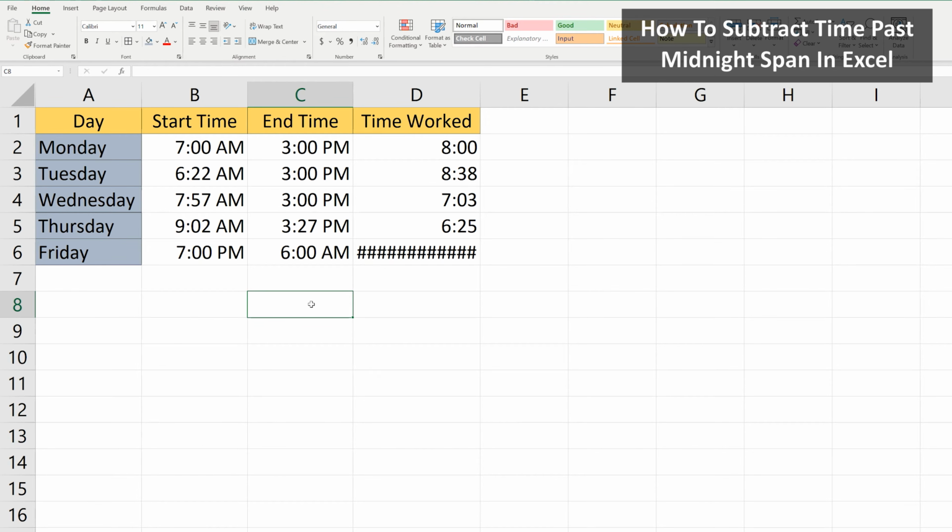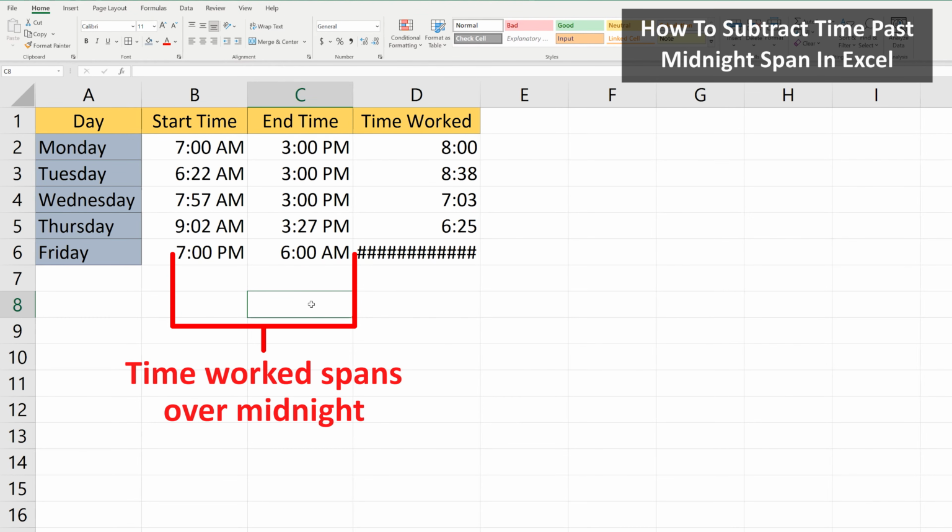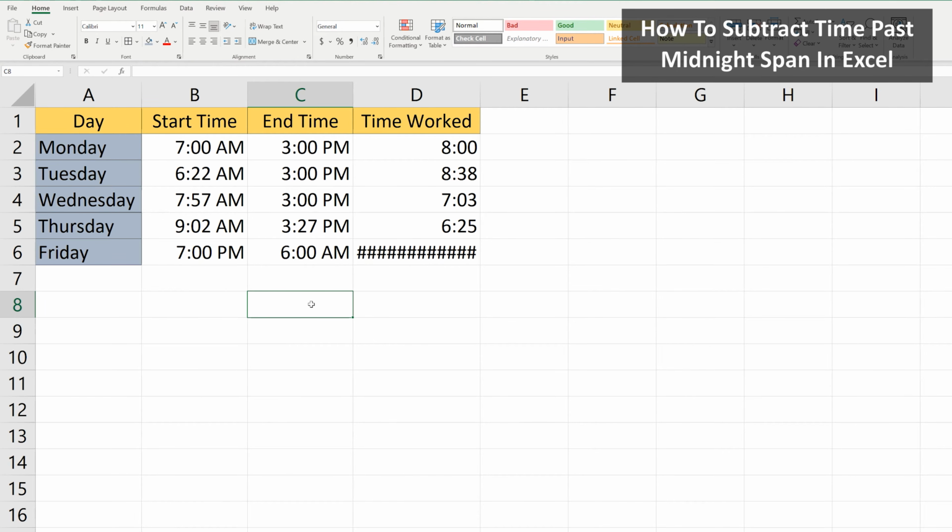There is one exception. The time worked on Friday has all of these pound signs. That is because the time worked goes past midnight. So this has to be handled differently. I'm going to type in the formula to use to correct for this, and I'll explain the formula once it's typed in. In this case, in cell D6, for time worked on Friday, we start by left-clicking on cell D6,